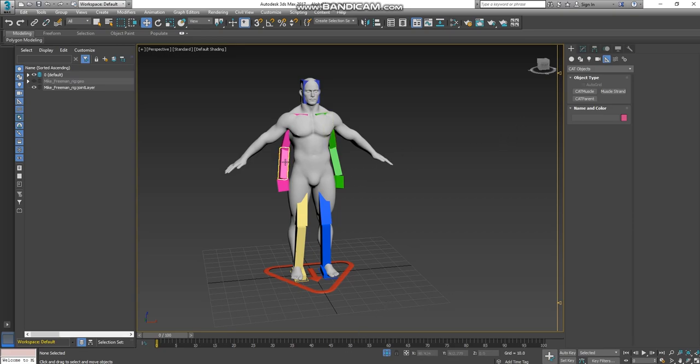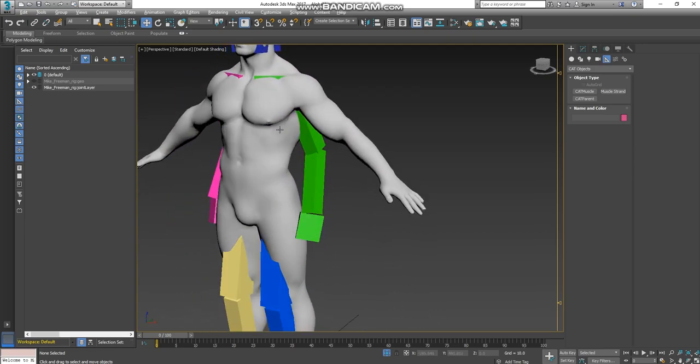Alright, so now that we have the skeleton aligned with the character, what we want to do is, the great thing about 3D graphics is we can just mold one side and then mirror it to the other side. So let's come in here,